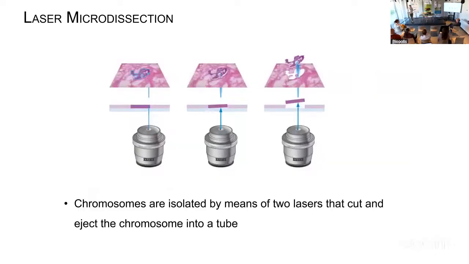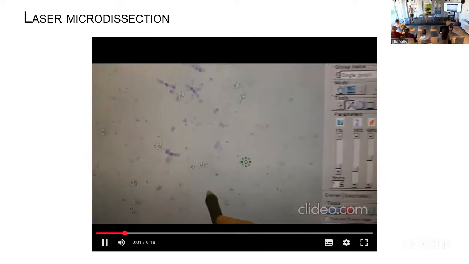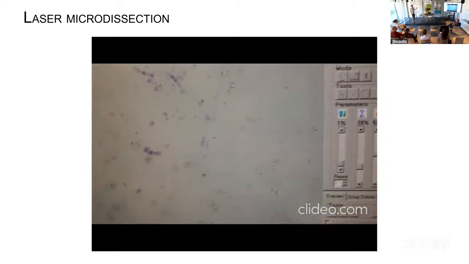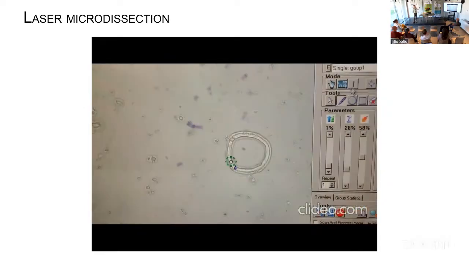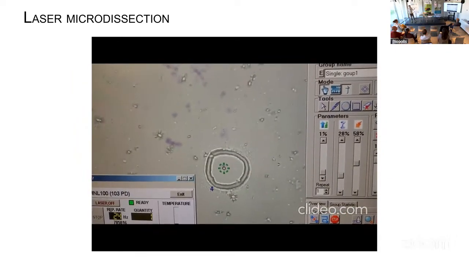You have another physical method to isolate chromosomes, which is laser microdissection, which basically works the same way, with a laser. You just cut the microchromosomes out of your metaphase, and then you put them into a small tube. As you can see in this other video, you can physically isolate the chromosome with software. Then the laser cuts the chromosome, and it shoots the chromosome inside the tube. And in this case, you can barely see the difference, but